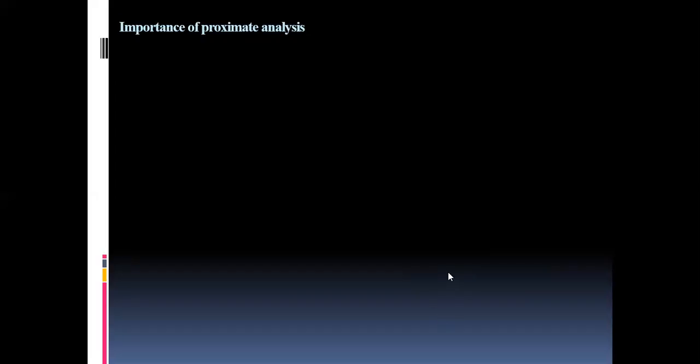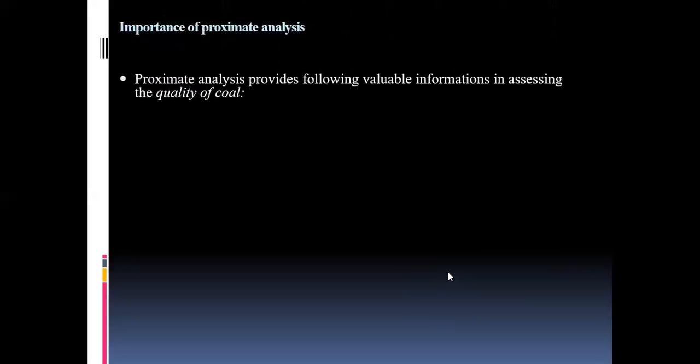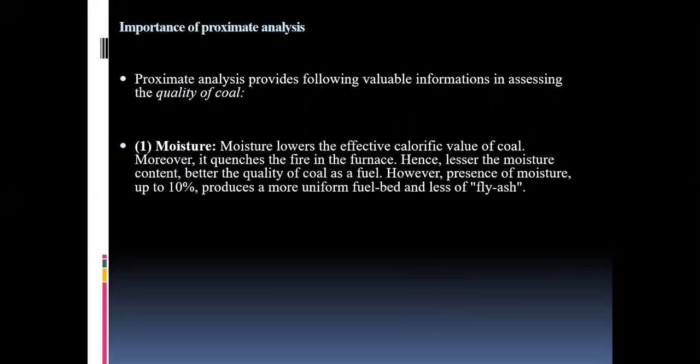Now comes the importance of proximate analysis. The proximate analysis provides some important information. In proximate analysis, we have found out the moisture content. This moisture content value will help us to know the effective calorific value of the coal. Moreover, moisture quenches the fire in the furnace. If the moisture content is known, then